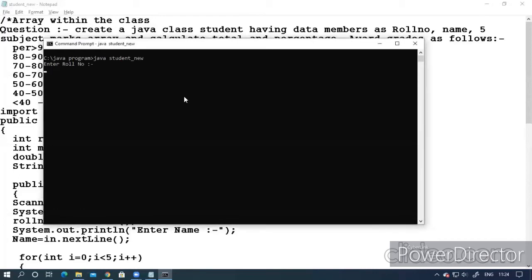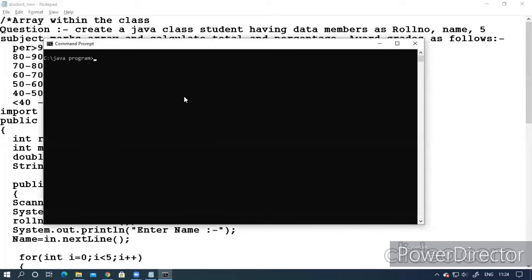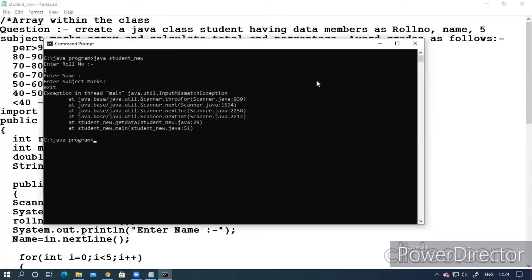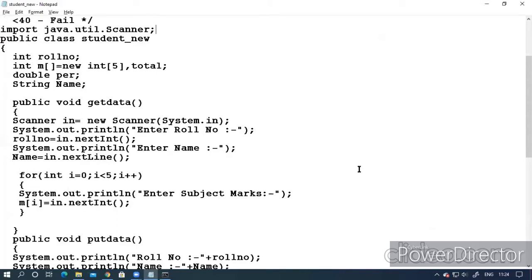Roll number 1. Again, I had made some mistake. Roll number 1. Name is not getting taken. What is the problem in name?